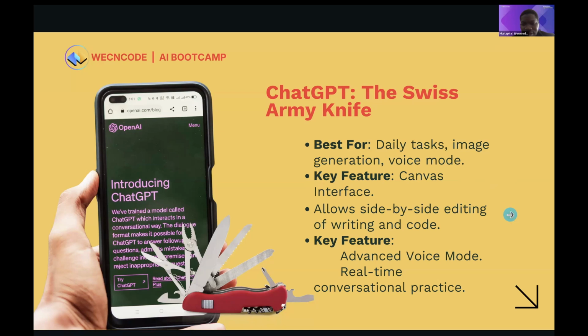There are some interesting key features like the voice mode, real-time conversational practice, and the ability to understand what we call context. The ability to understand context is really very important, and I'm going to give an example. I can tell ChatGPT that I like this website, and I give it some information about that particular website,